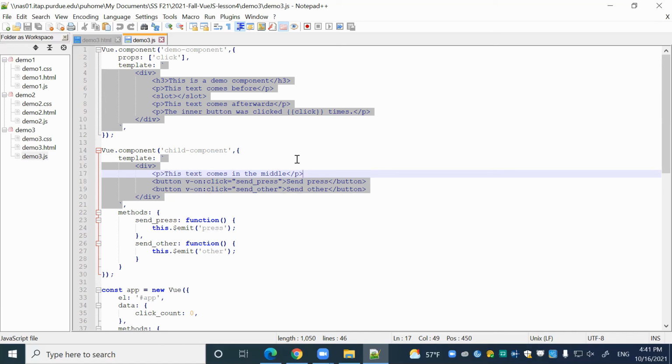Does that make it clear, or is that more confusing? All right, cool. Are there any other questions about components or slots? All right. In that case,